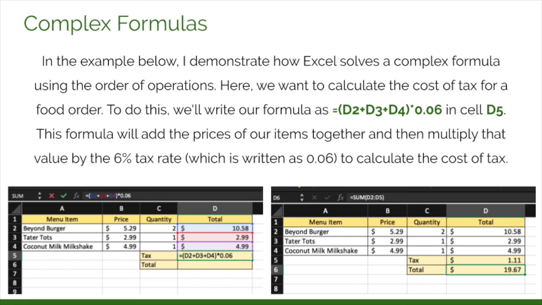In the example below, I demonstrate how Excel solves a complex formula using the order of operations. Here, we want to calculate the cost of tax for a food order. To do this, we'll write our formula as equals parenthesis D2 plus D3 plus D4 and parenthesis multiply